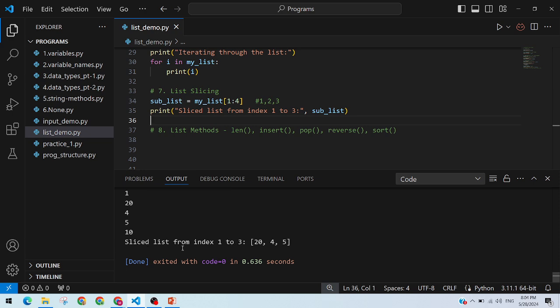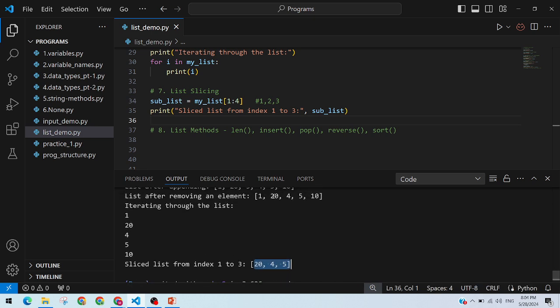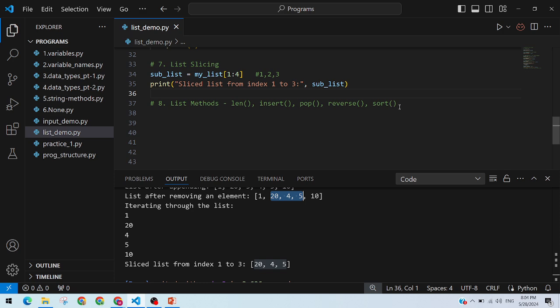See here, slice list from index 1 to 3, क्या आया इसमें? 24 and 5, okay? So here you can see 1 2 3, right? ये 3 एलिमेंट्स आए। Yes ma'am. And now we'll see 4 more methods, 4 या 5 more methods on list, that are len, insert, pop, reverse and sort।